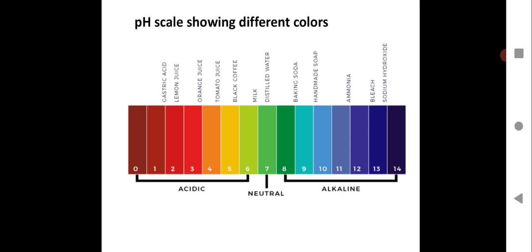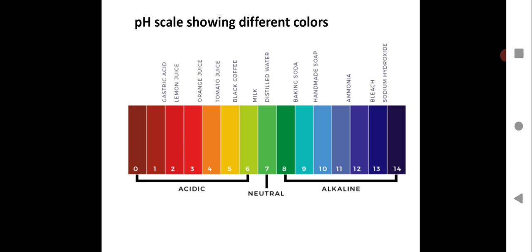So you can color it, children, with the help of crayon colors or pencil colors, for a better understanding of the pH scale. This is a strip which is available in the lab, and you can easily see the color change with the help of the pH papers. You dip it in a given solution, you see the color change, and you compare with this scale.